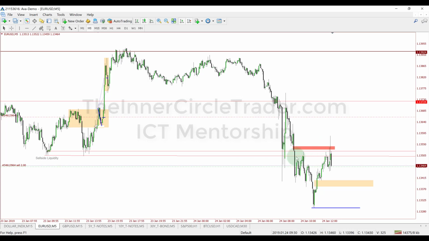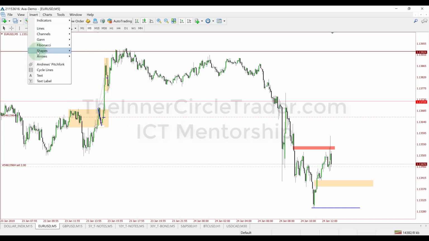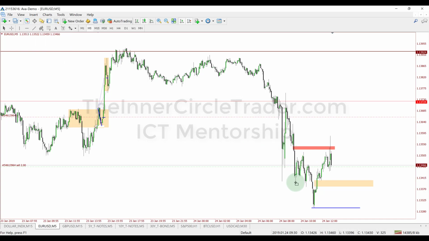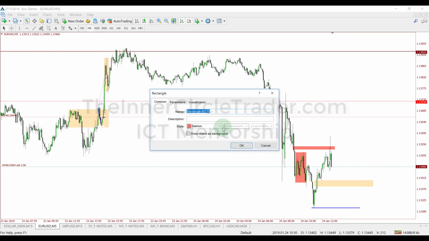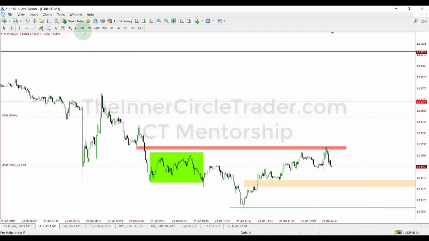One of the things that you may not have noticed, let me take this level off and this level off and this. We don't need it. It's probably distracting. It's very distracting to me. If we look at this consolidation in here, right in here, and we draw it down to a 1 minute, you can see consolidation, left the consolidation, came back into it,